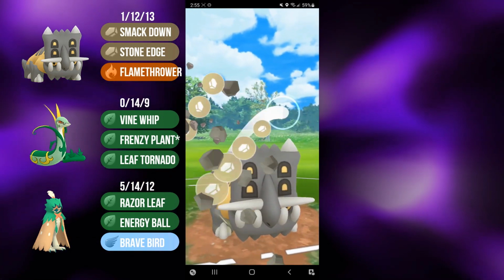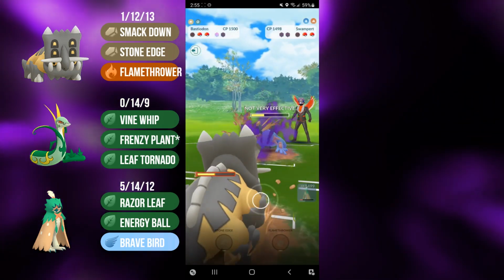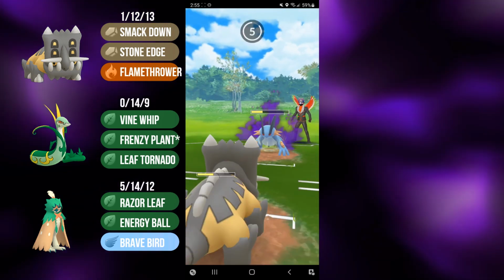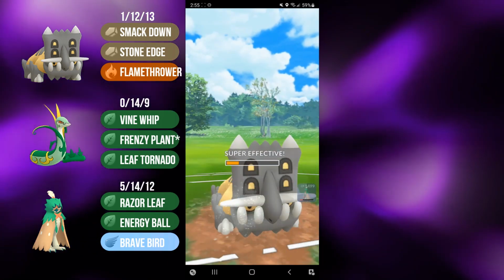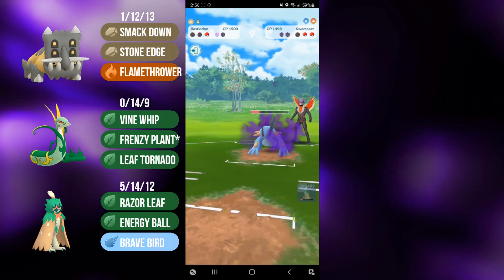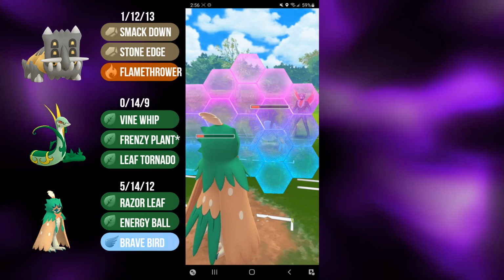And then finally, back in comes Shadow Swampert. I'm going for the Stone Edge. Unfortunately, even though Shadow Swampert is fairly glassy, it's still resisted, so it's not going to be doing a lot of damage. And I'm going to save the shield for Decidueye. The win con here is I'm going to try and Razor Leaf down and hopefully reach the Brave Bird to